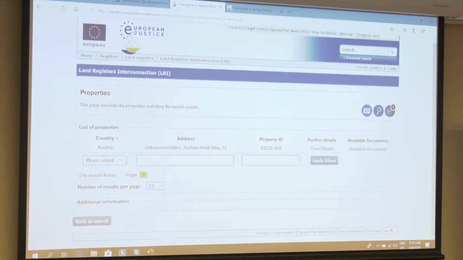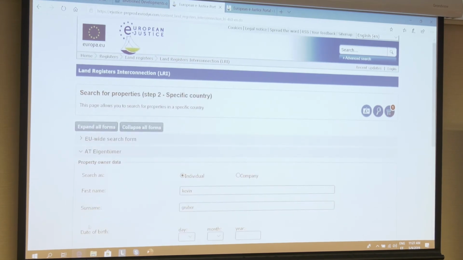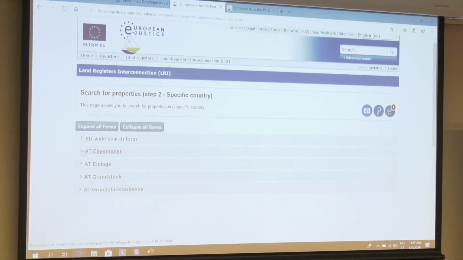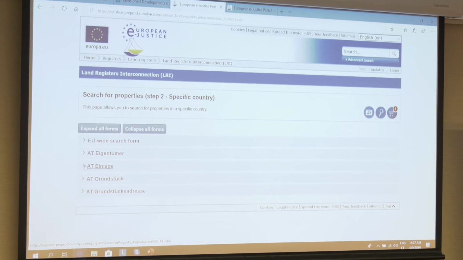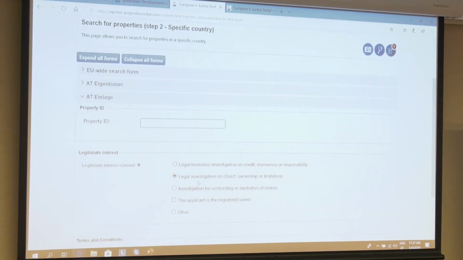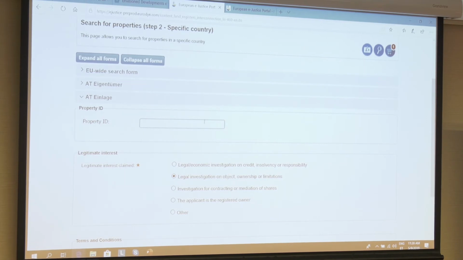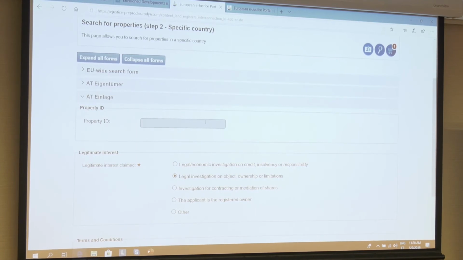I step back to the search and now explain that we decided to have one separate search form to search just for the ID of the property, not to have it all on one page. We think this is easier to understand for everybody who is searching.